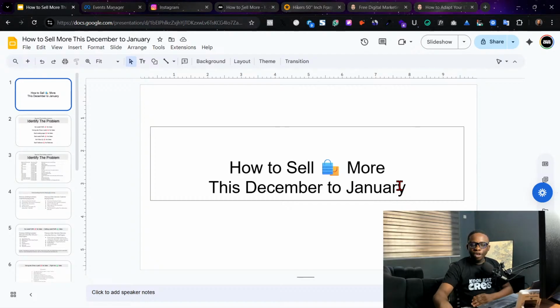If you are having issues with scaling, you are not getting past a particular number of persons buying your product, what you can do is, okay, I'm selling on social media, I can sell on a website to open more. So you get that, that is a different thing. But if you're not selling at all, you're not selling this December, or not even December, January, you're not even selling at all.